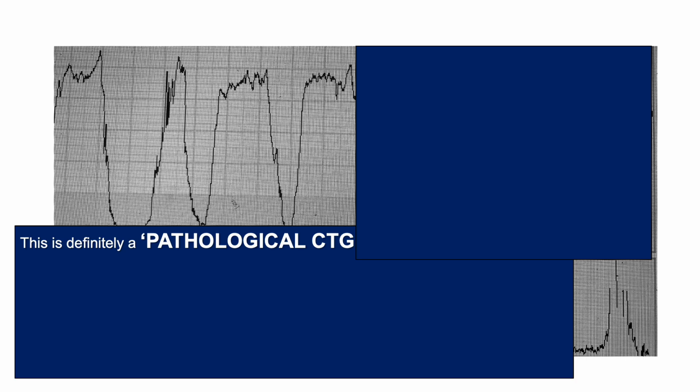Now, if you are a physiologist, you would first stop the stress because the changes on the CTG are secondary to excessive uterine contractions, which have been induced by oxytocin. But if one is a pattern recognition person, you would classify this CTG as a pathological CTG. But if you ask yourself the question, what is the chance of this baby being acidotic? Look in between the decelerations. The fetus is still showing normal variability